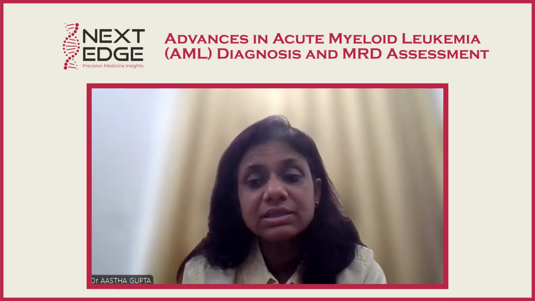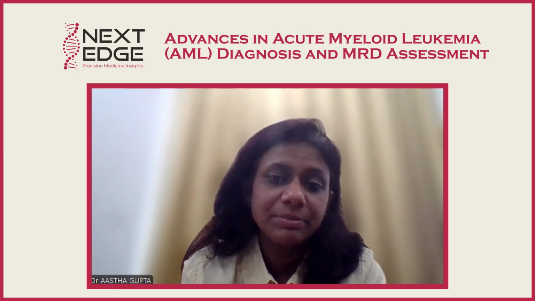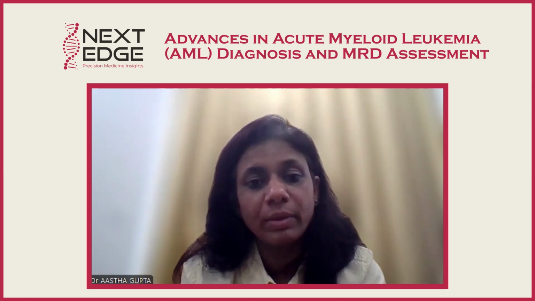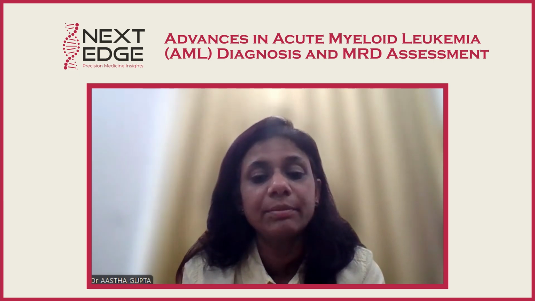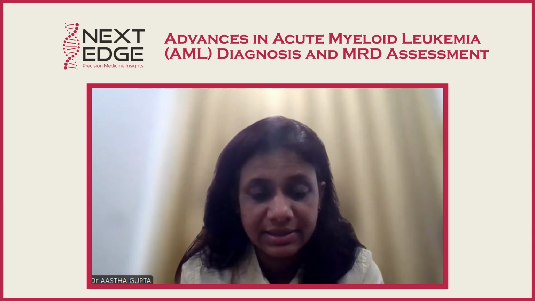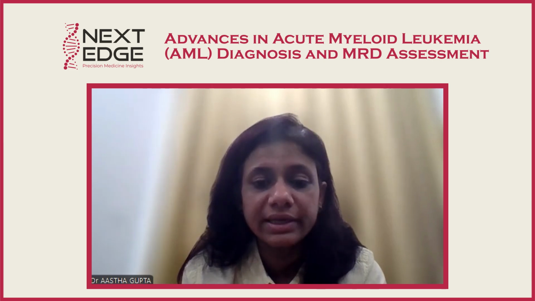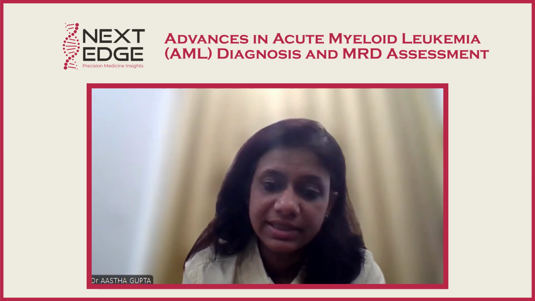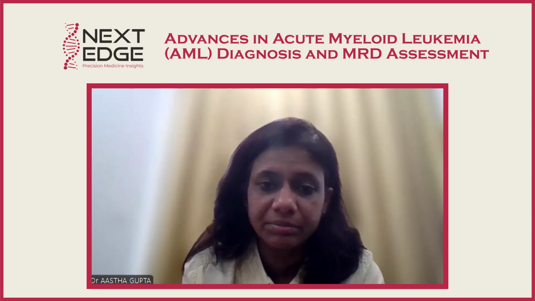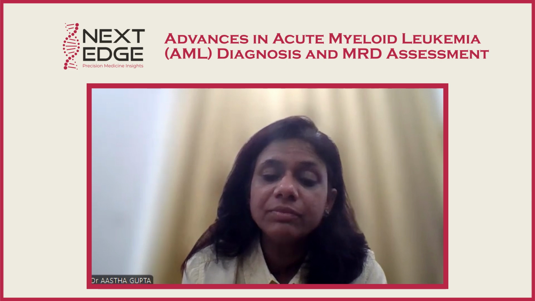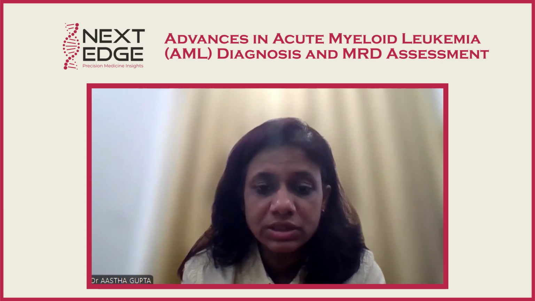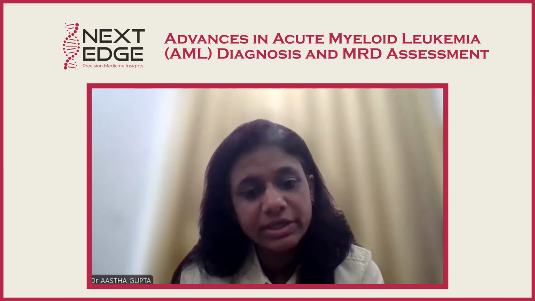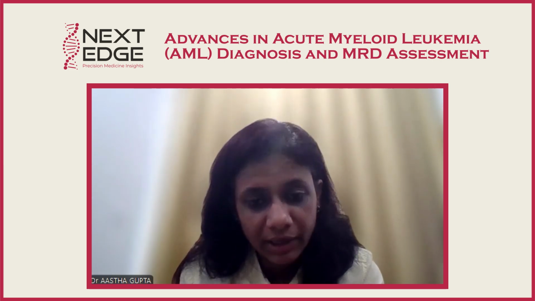In APML, because APML is an emergency, it is a subtype of AML and an emergency situation, if by morphology we can see the characteristic abnormal promyelocytes and the presence of faggot cells, then we can straight away inform the clinician that the provisional or most tentative diagnosis is APML, so that they can start the treatment as soon as possible. Then flow cytometry is the gold standard for identification of phenotype, and by flow cytometry we will identify whether it is acute myeloid leukemia.